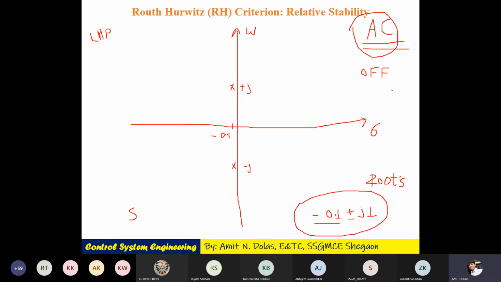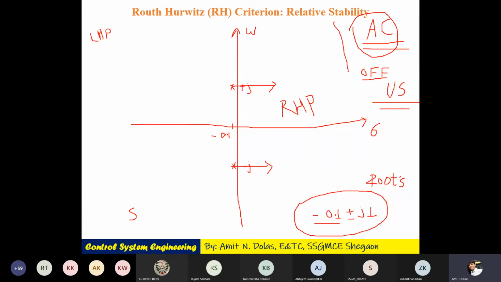What will happen to this? Of course, it will suddenly go to the unstable region because the power is off for a very short duration. You can see these poles are very close to the right hand plane. That is nothing but it is very close to this instability region.